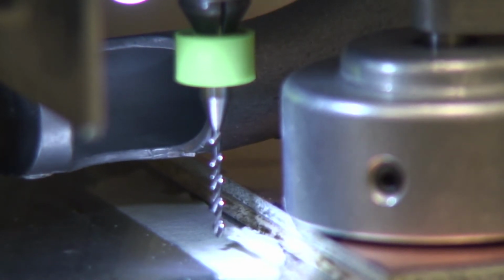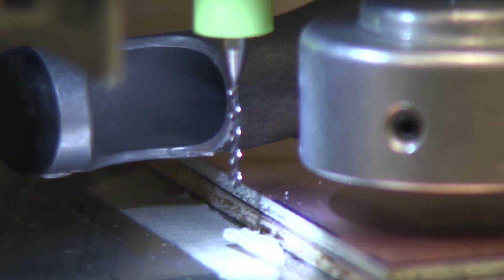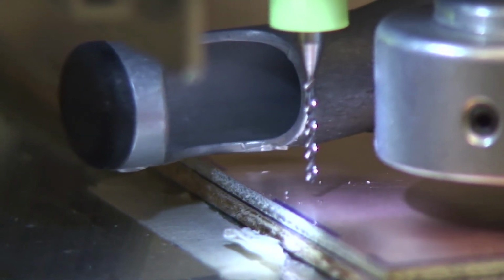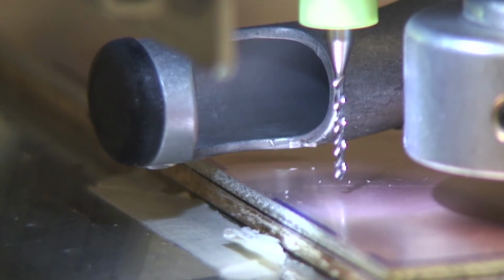Alright, so once you've verified the depth of the drill, then you can go ahead and give the heads up command. Verify then that it still goes above the copper clad, and jog it very carefully to the right to make sure it doesn't chip itself off on the copper. Alright, so now you are ready to drill. So to truly verify the drill depth has been set correctly, we're going to want to do an actual test drill into the material. Alright, and to do that, we're going to turn on the spindle,